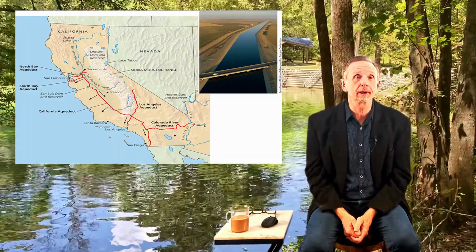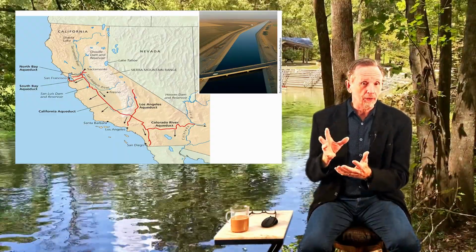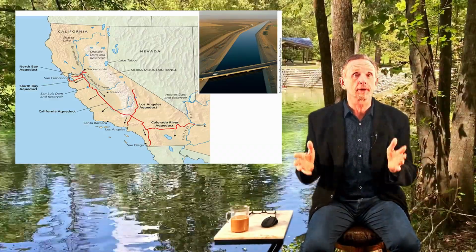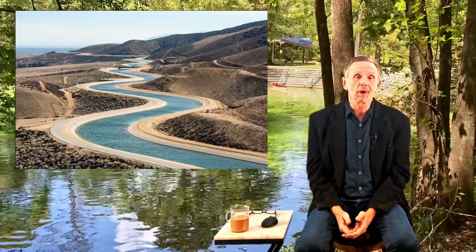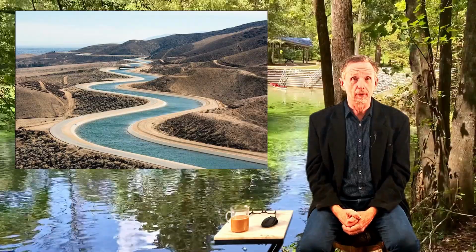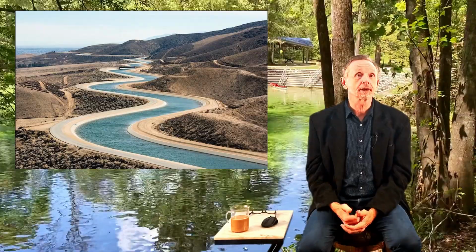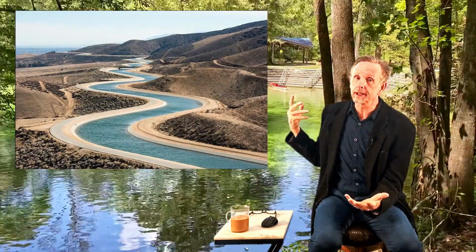Now, take a look at the picture up here of an aqueduct. We've seen the whole California little insert. You see it's kind of like a man-made river, right? An aqueduct is a big channel carrying the water. Well, we get a lot of water loss by evaporation that way, because it's in an open system flowing down, and a lot of it does evaporate back out. It doesn't make it from where we want it to go to its intended destination.